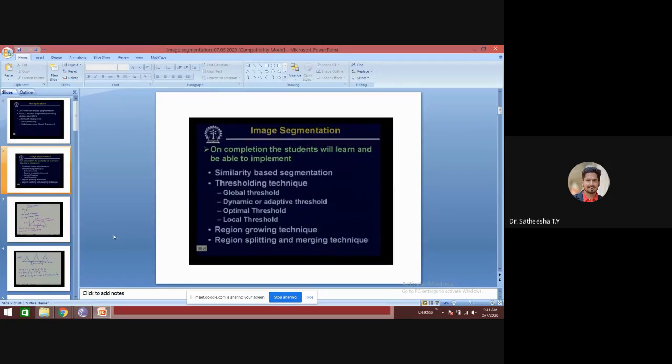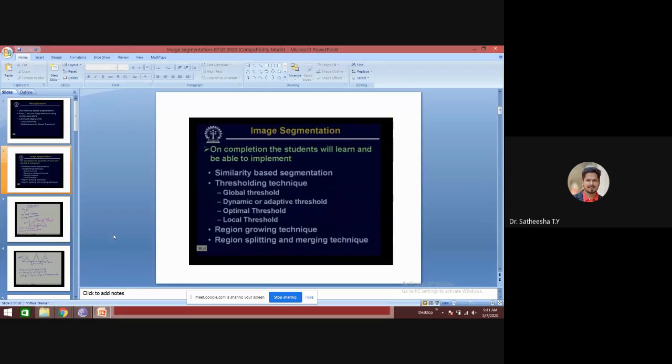Now today we will start our discussion on the other type of segmentation, which is similarity based segmentation. Under similarity based segmentation, there are mainly three approaches. One is called the thresholding technique, the second is called the region growing technique, and the third is called the region split or merge technique.